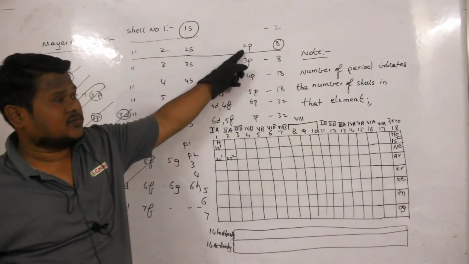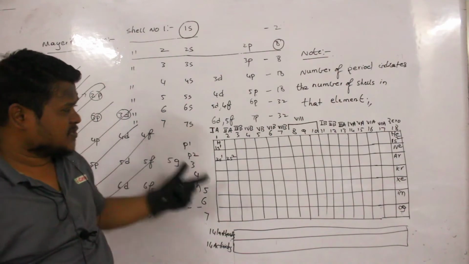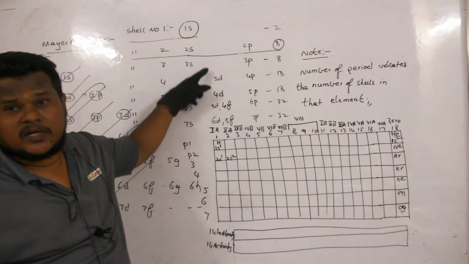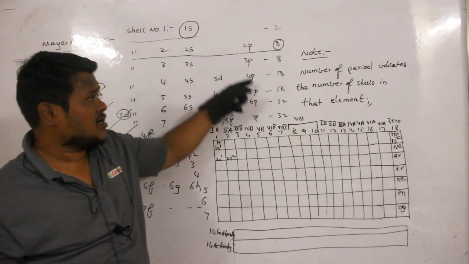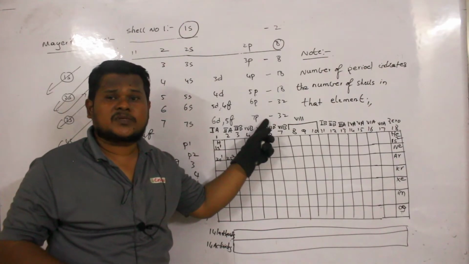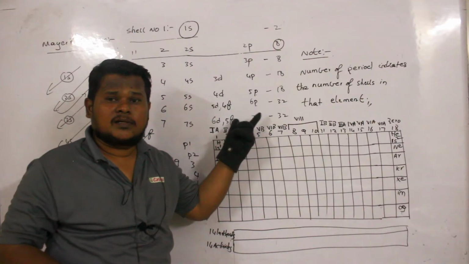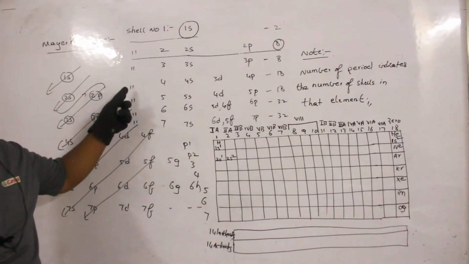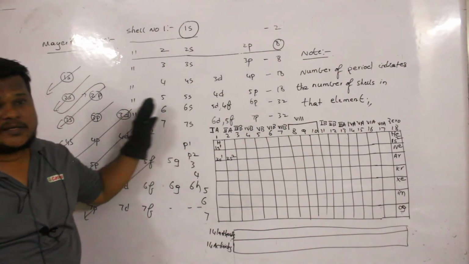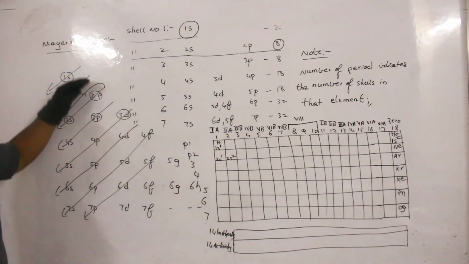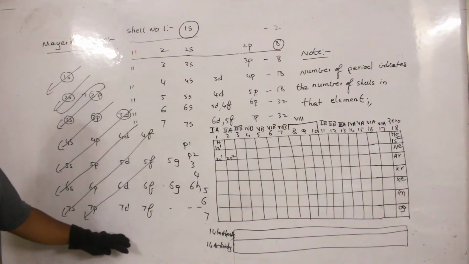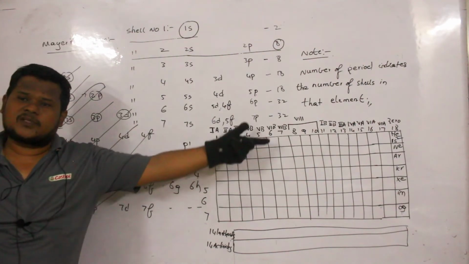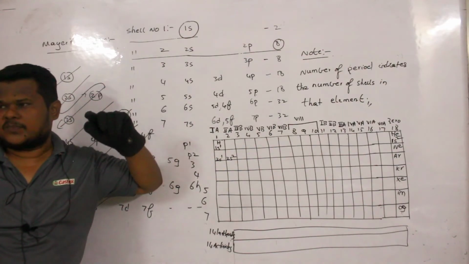Now I have to go to the p subshell. But the p subshell is not placed in the middle, no? Which subshells are placed in the middle? d and f. So at the last we are placing the p subshell. Why are we placing it like this? According to the Aufbau principle. We have placed the periodic table like this only because of the Aufbau principle. This was the sequence followed here too, so I have to fill the periodic table also in the same fashion.